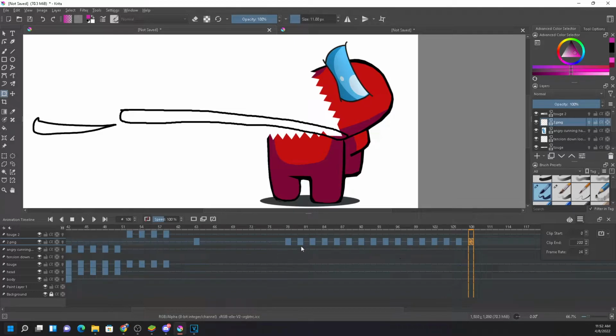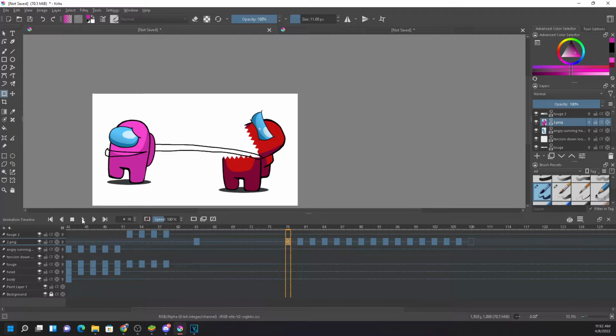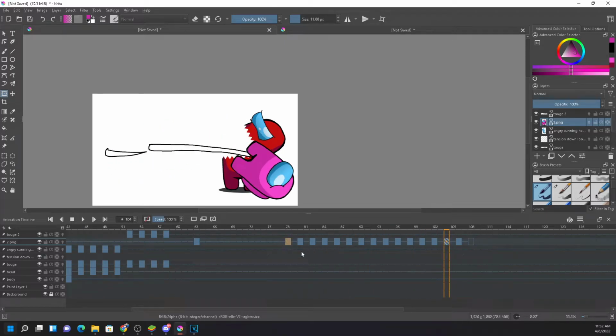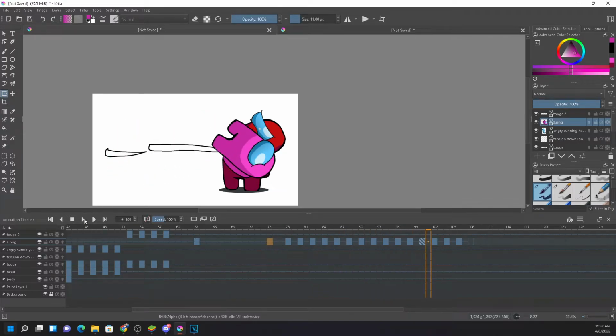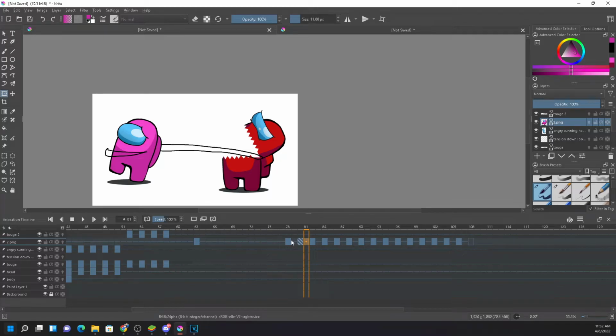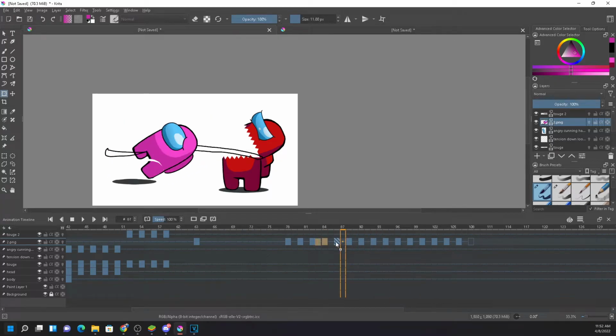So right now, I will do it. I just want to adjust the frame. It's really slow. So what should I do? It's full speed, right? I just want to remove the frames. I will remove these two frames.